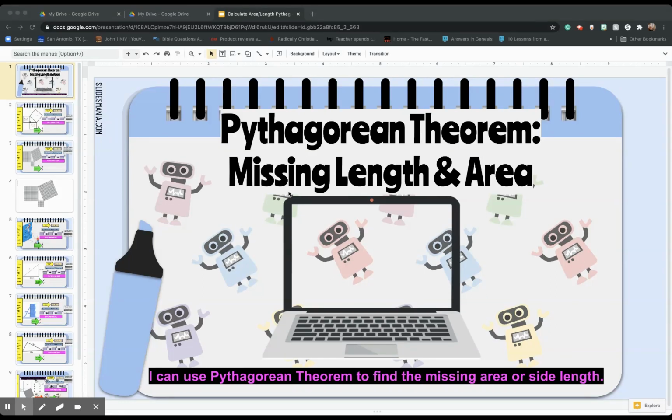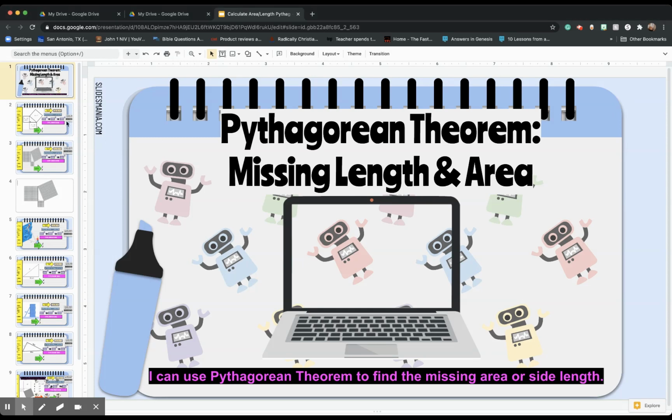Today's lesson is entitled Pythagorean Theorem, Missing Length and Area. I can use Pythagorean Theorem to find the missing area or side length. Okay, so it's exactly what it sounds like. We've been practicing using the Pythagorean Theorem, but today we're not going to do just the length like we did in Miss Boudreau's lessons. We're going to take it to the next level and do length and